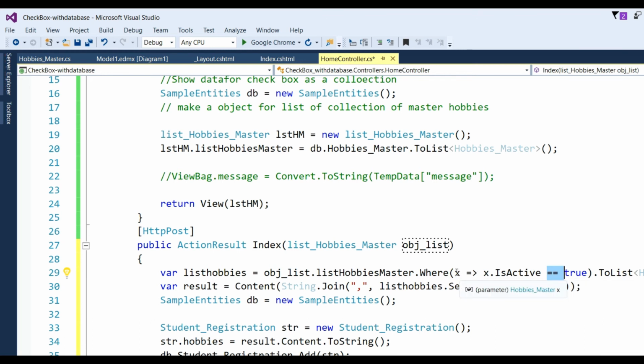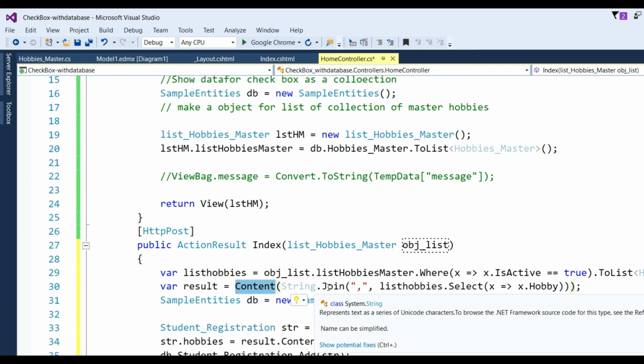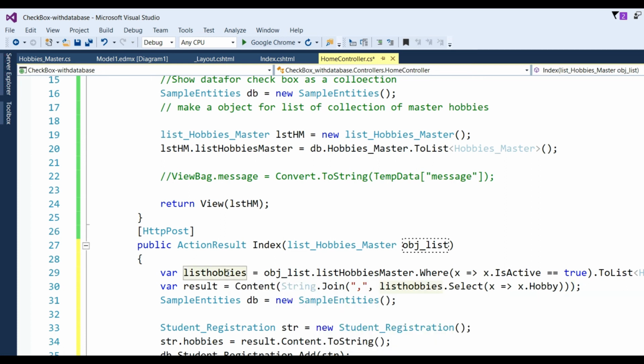This means that in the checkbox list, whichever checkbox is selected, this will give all the selected values from the list of hobbies master. Then I have to join them with a comma. So result equals string dot Join, all the selected values as comma separated values, select x equal to x dot Text.